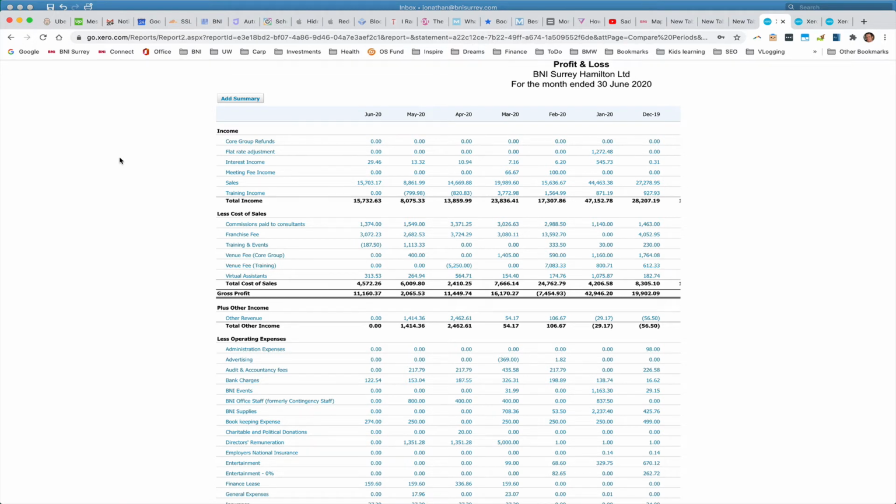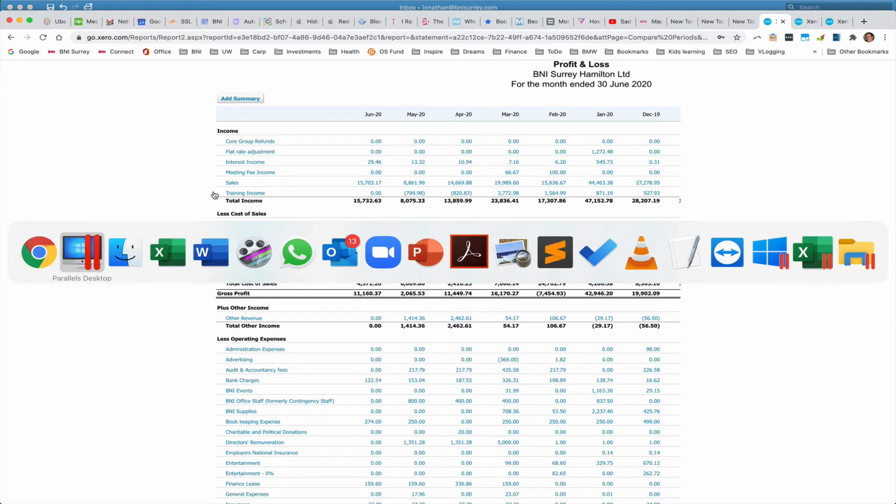Sorry for the confusion. Okay, so I may need to adjust the 0 field mapping, but this is the way it is. Okay, so if we train BNI members, our customers, then the income is reported here. This is training income. So the reason these are negative is we had to give a bunch of refunds to people that were due to come to training. Here we took a bunch of payments from people that were due to come to training in March, which we ultimately cancelled, hence the refunds here. Now I think the bookkeeper may have been slightly inconsistent in applying the refunds, but that is the field here for revenue coming in for training. So that should go in